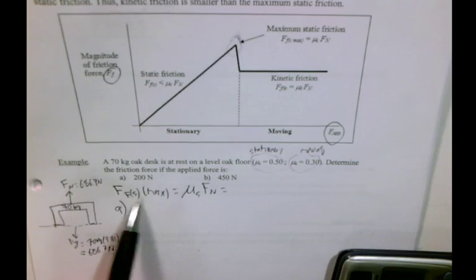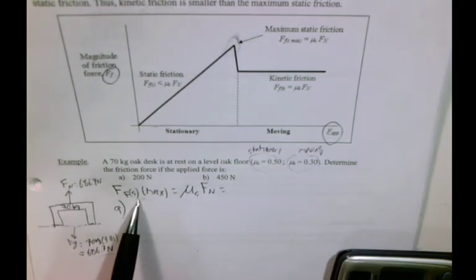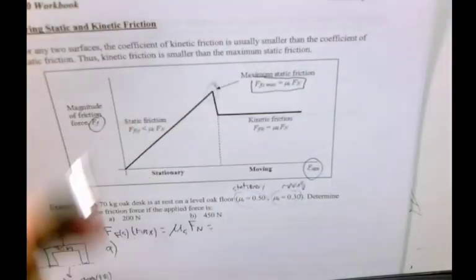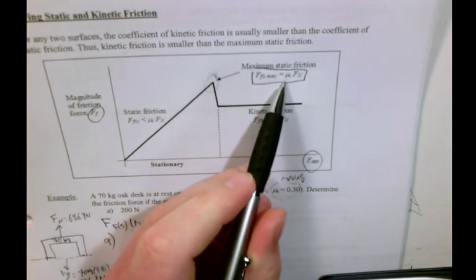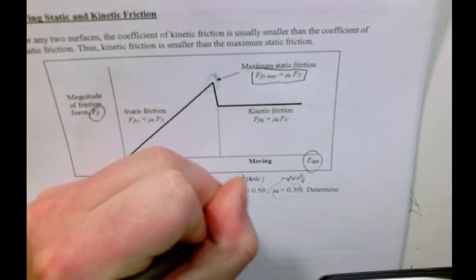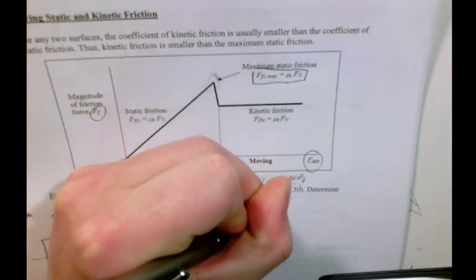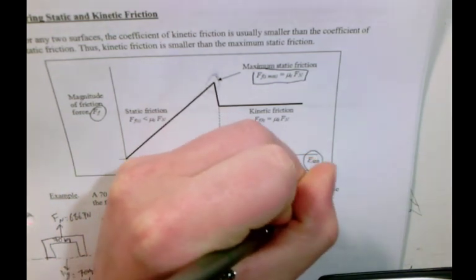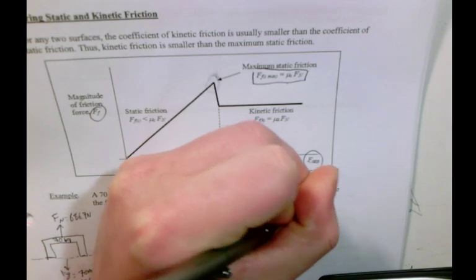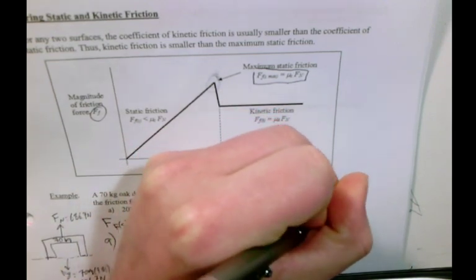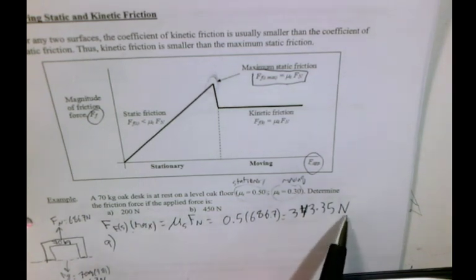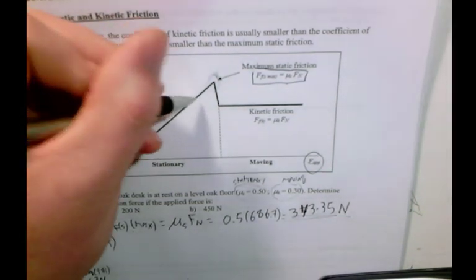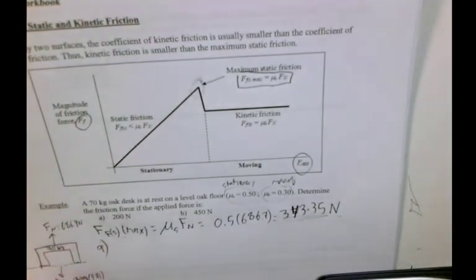We can find the maximum force of friction, right, which will be this peak up here, from this equation. So our coefficient of static friction, because it's not moving yet, times our normal force. So we have 0.5 times our 686, which will give us 340, sorry, that's a 7, should be a 4, 343.35 newtons. Okay, so anything less than 343, we're going to still be on our stationary part of the curve,